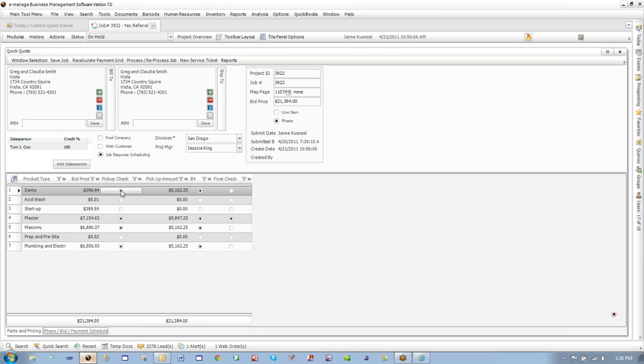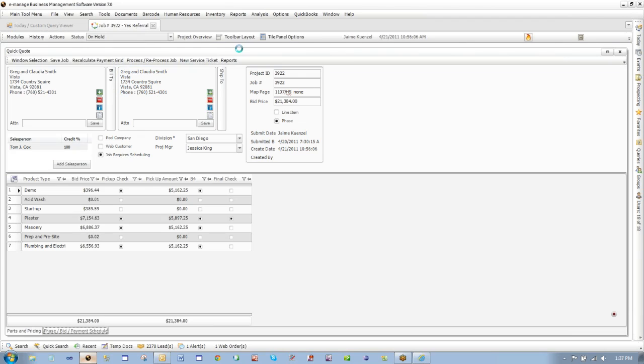So if you look here, here's pickup check, pickup check, pickup check, pickup check. So this tells it what phases you're going to pick up checks and how much. So this has to equal this. So when you schedule, I'm going to go straight right now just into scheduling, because once this part's done, you process it, it's a job and it's ready for scheduling. Okay? So in the calendar,